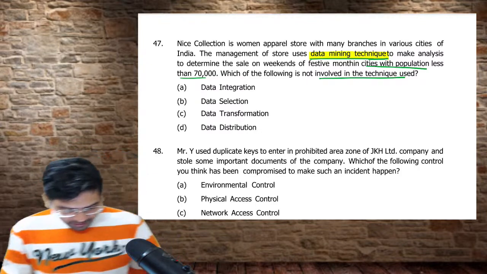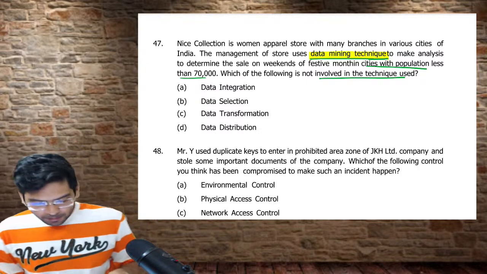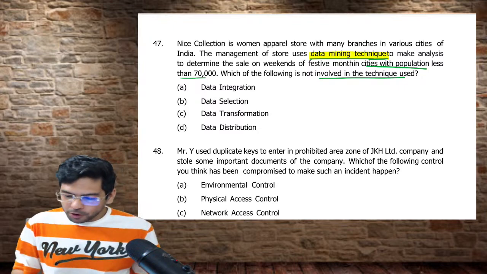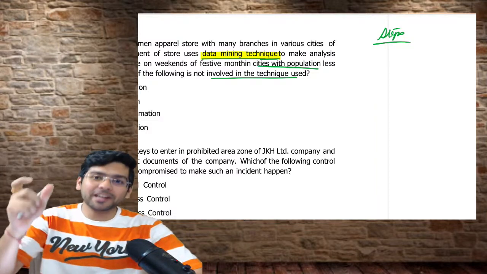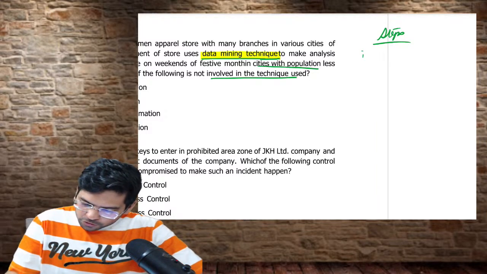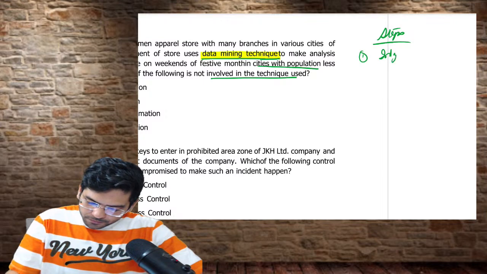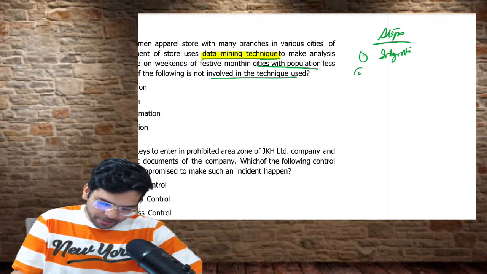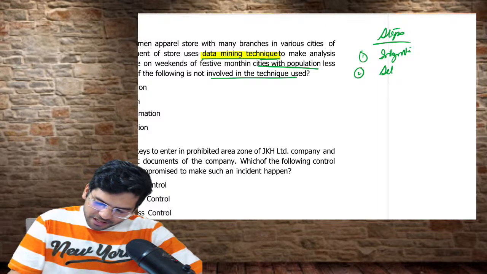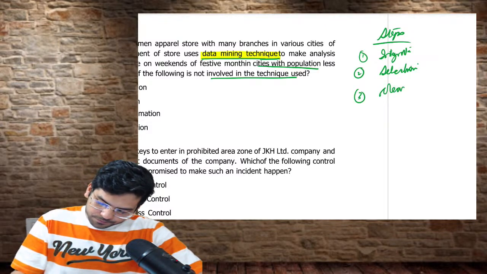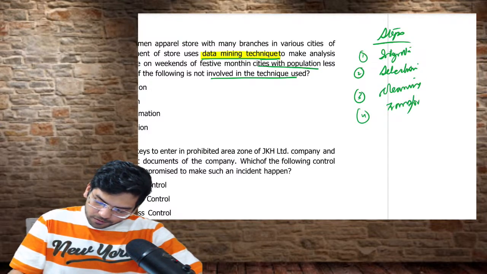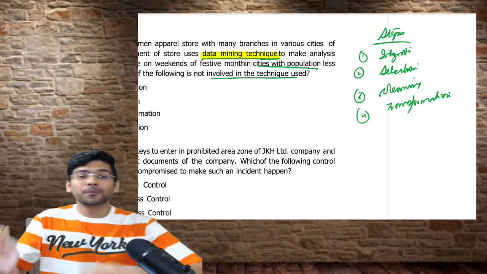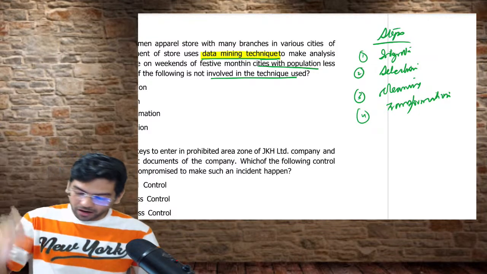This is a question with respect to the steps in data mining. If you are able to recall, I'll write the steps here quickly so that you can recall the concept. Steps in data mining can be an important question. The first step is data integration. Then we have data selection, then data cleaning, then data transformation. I want all of you to recall the ETL process: extract, transform, and load.